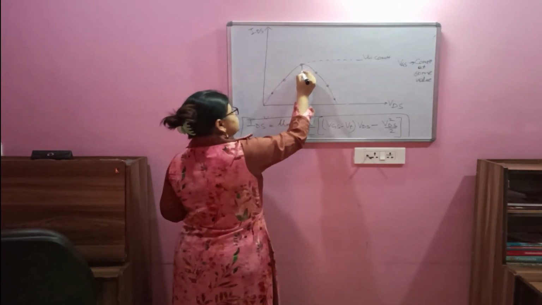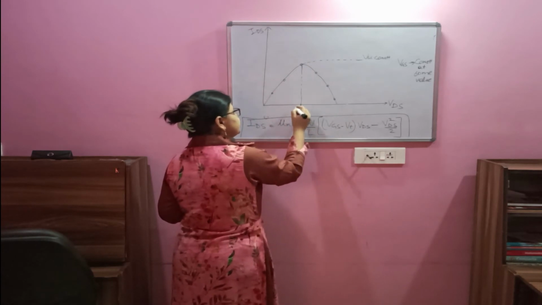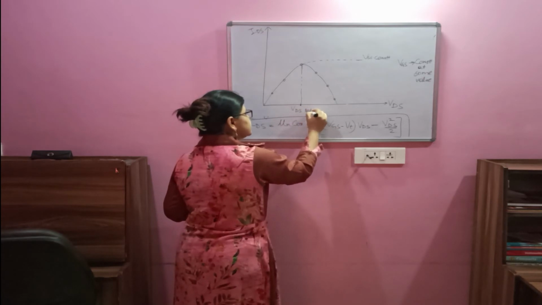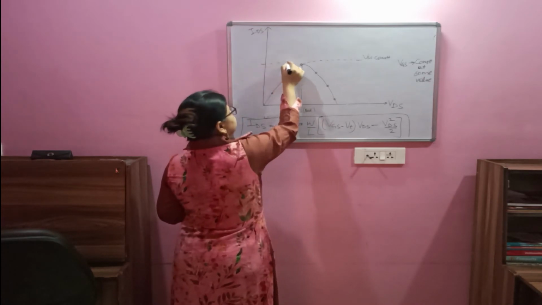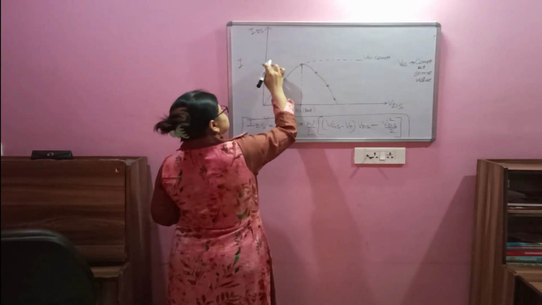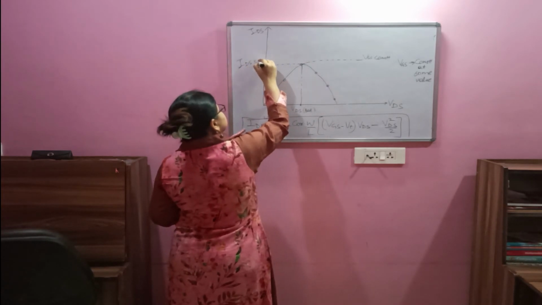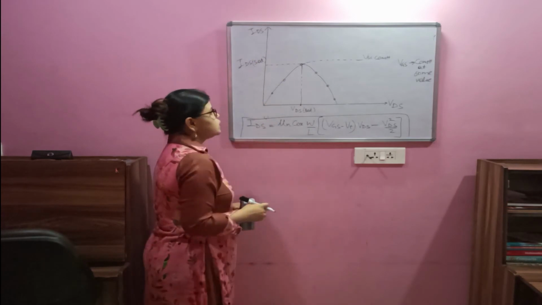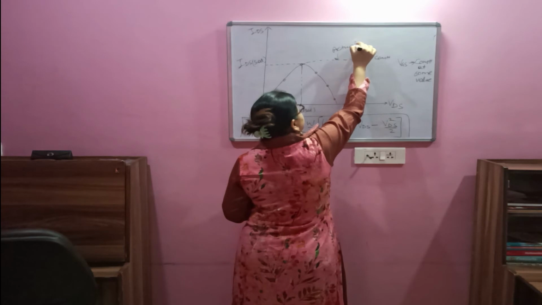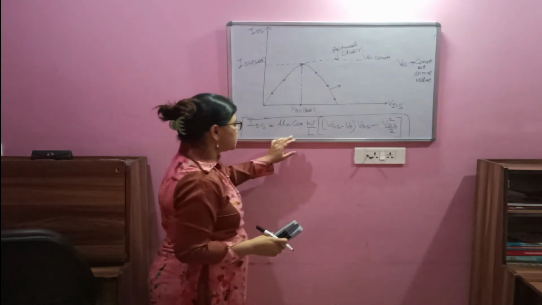And this point from where the values start decreasing is the pinch off point, or this is known as the point where VDS reaches its saturation level, and this is known as the IDS saturation. So basically this is an actual curve. This is an actual characteristic, and we are getting this from this equation.